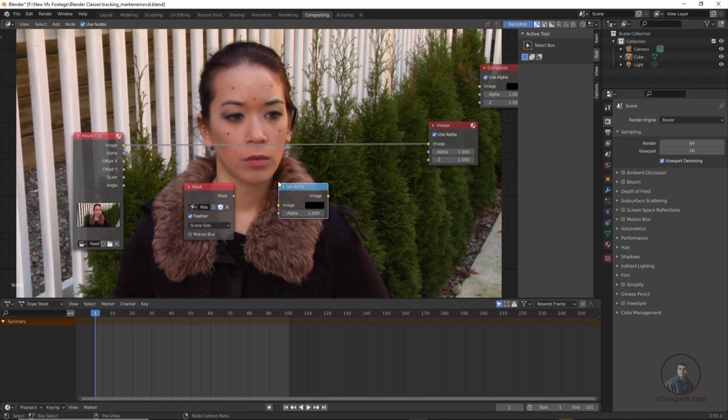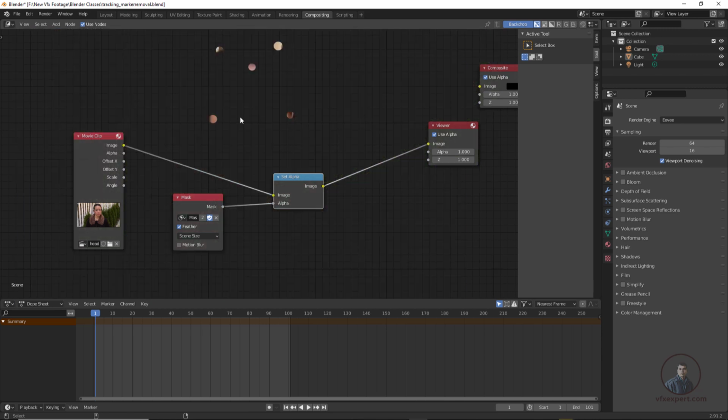Now in our set alpha option, if you look, there are 2 inputs. This one we have to attach with our mask, remember this. And the first one, the image input, we have to attach with our footage here. So this is our footage. Connect it with our first image input, and attach this mask to the alpha. Now connect it here. Now view this one. Hold Ctrl and Shift and click it here. This will automatically connect with the viewer. So now you can see.